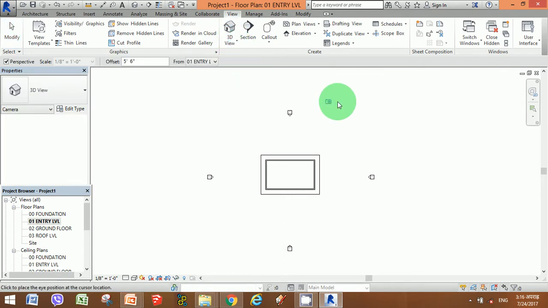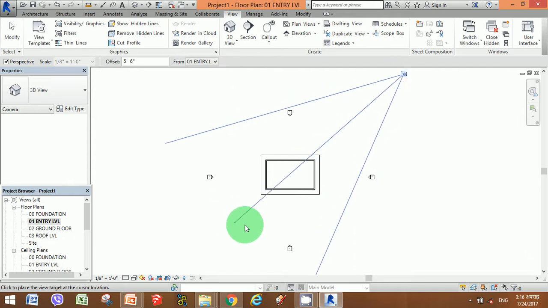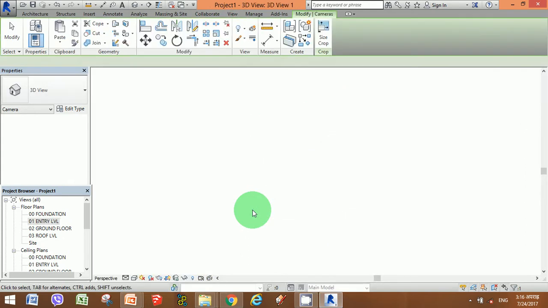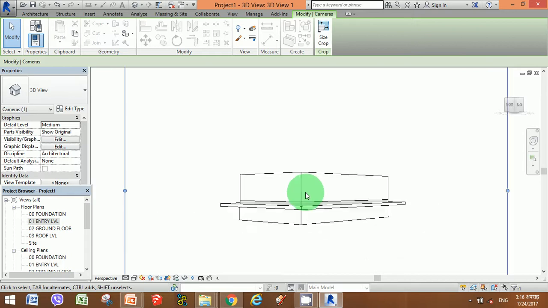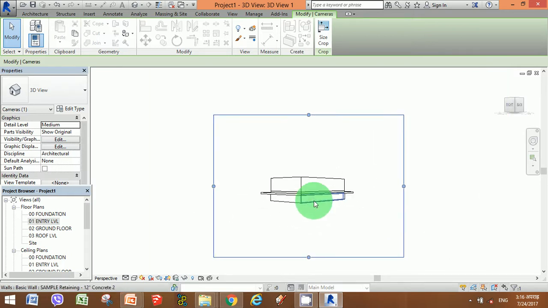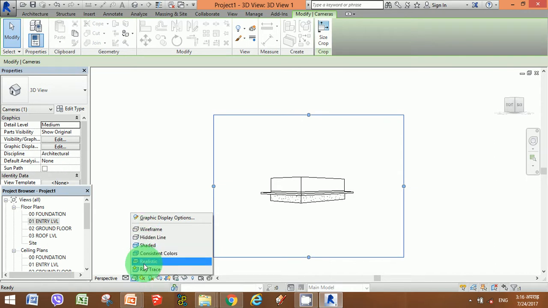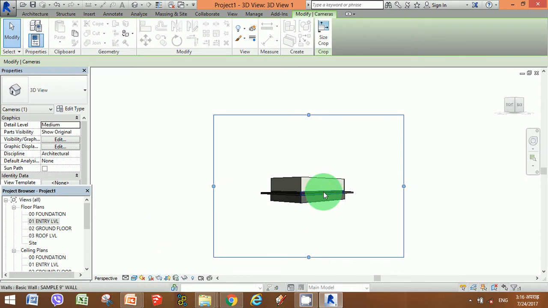and select camera. Once the camera has been selected, now take the angle that you want to visualize. So this is the angle that we are seeing in the 3D. As we did in the elevation view, change the graphic style to realistic view.